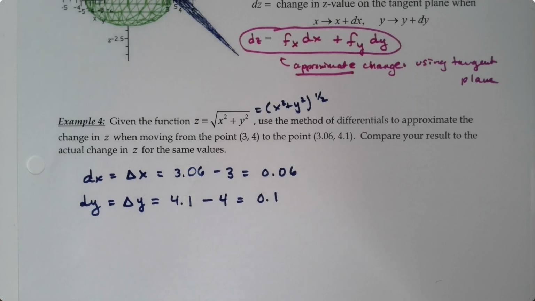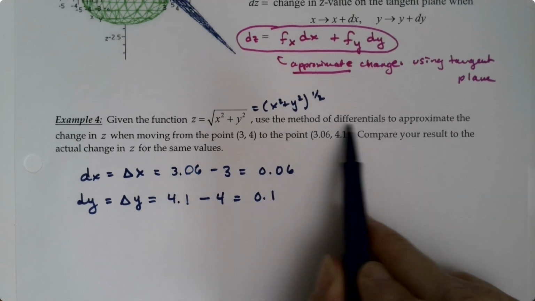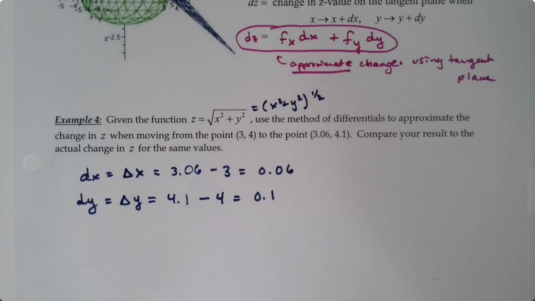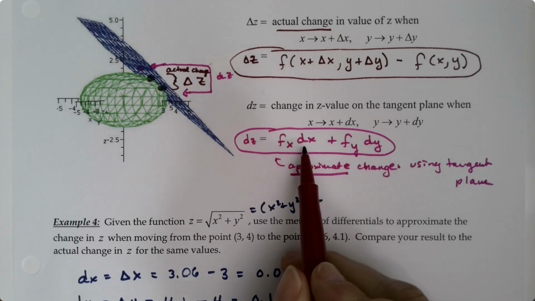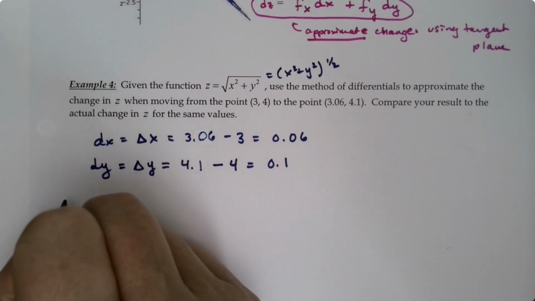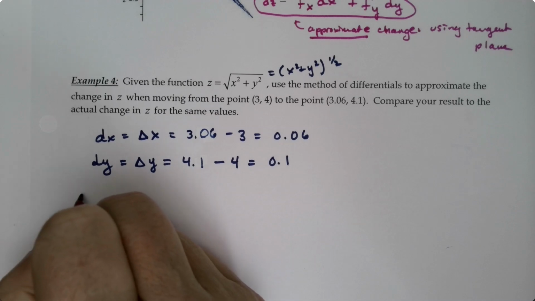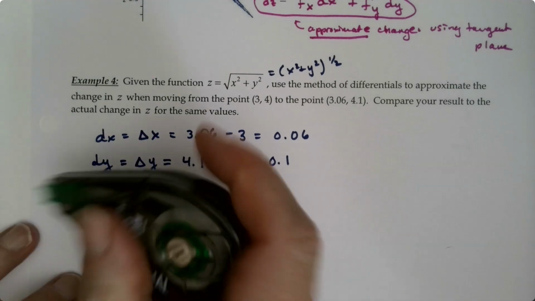Now we could find the actual value right away, or we can find the differential. It doesn't really make any difference. So let's find the actual delta z. Actually, I take it back. It wants us to use the method of differentials first, so let's do that first, and then we'll compare later. To find the differential, we're going to need f sub x and f sub y. We already know the dx and dy. That's 0.06 and that's 0.1, so that's relatively easy. But we need that fx and fy, so let's find the differential. So f sub x is,